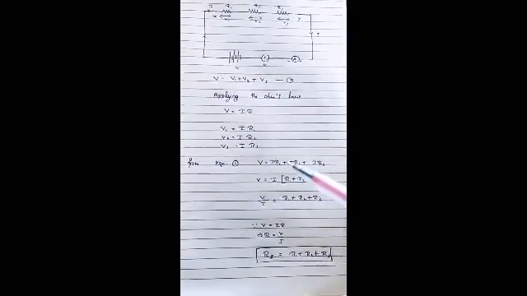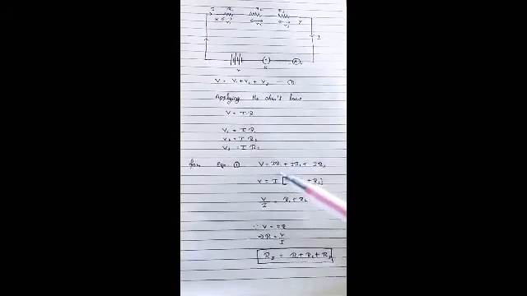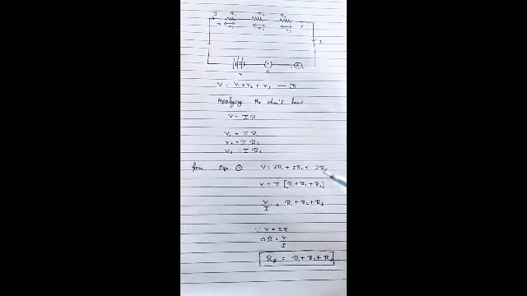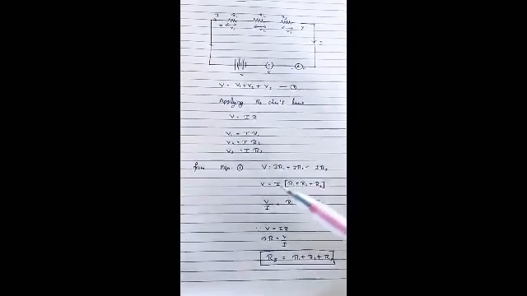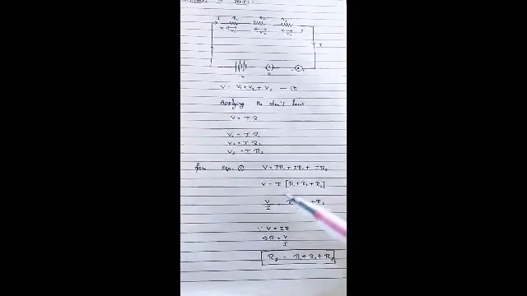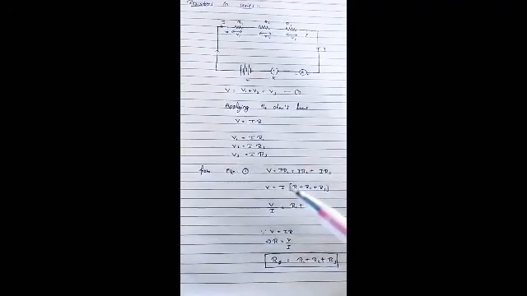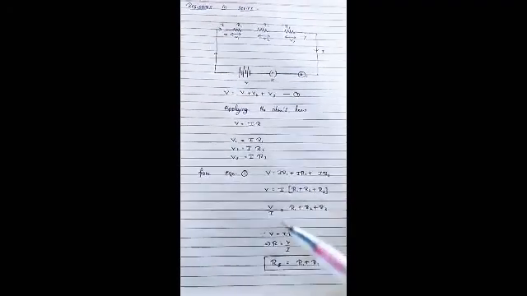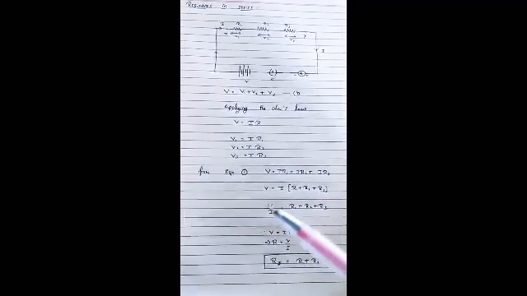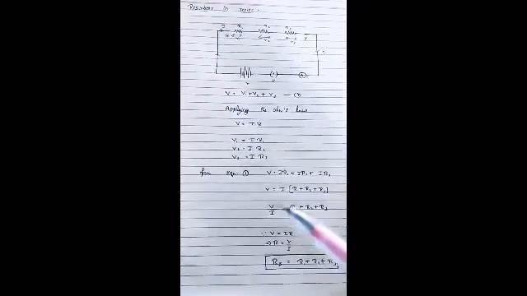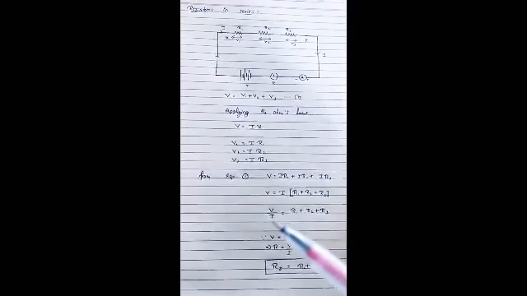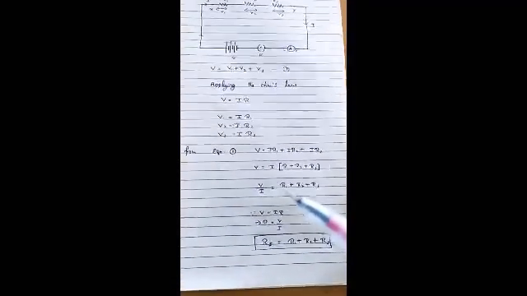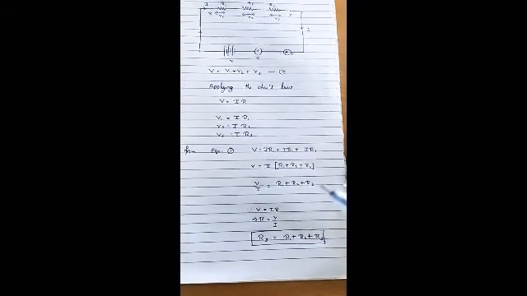Now if we say 2 ampere current is going there, then for resistor R1 also 2 ampere, R2 also 2 ampere, R3 also 2 ampere. You can write 2 as common outside. Similarly here also, writing I outside the bracket, remaining R1 plus R2 plus R3. Then I goes to the other side, which means it goes to the denominator. V divided by I is equal to R1 plus R2 plus R3.